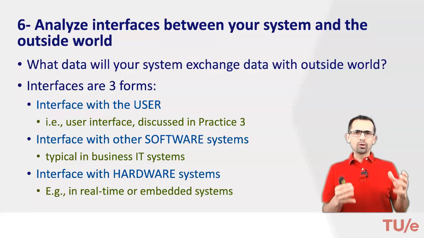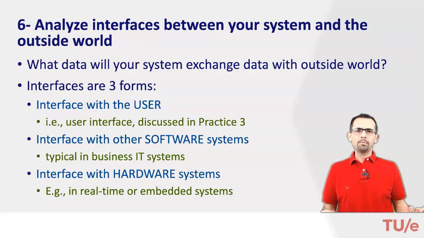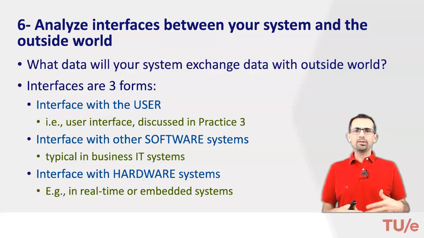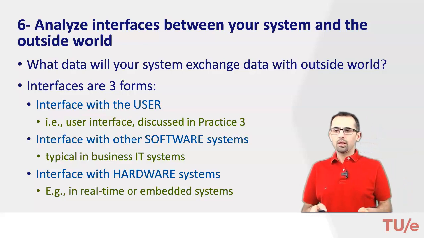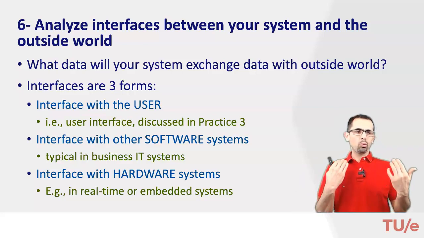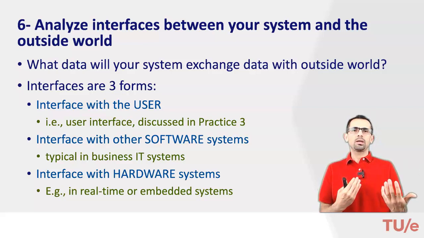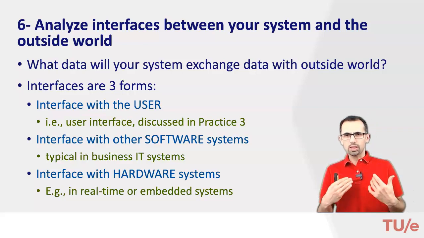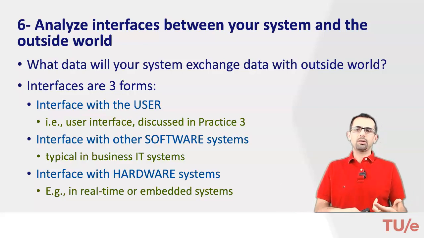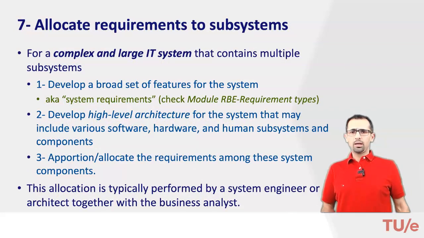And also, if your system involves some hardware, and with a mobile application that's rarely the case, but if you have something like this, then definitely you also have an interface with the hardware systems, sensors and so on. So, three forms of interfaces. You have to define how that interface works, what kind of data is exchanged between your system and the outside world. And when we say outside world, we're talking about users, other software systems, and hardware. Seven, and final,